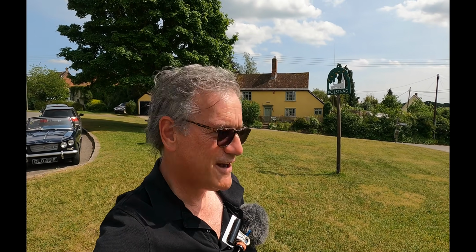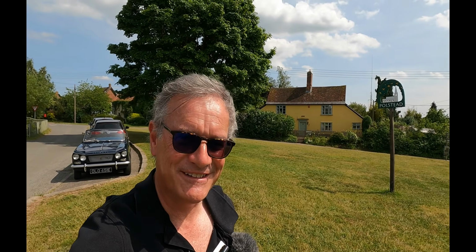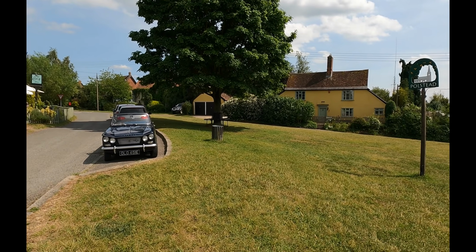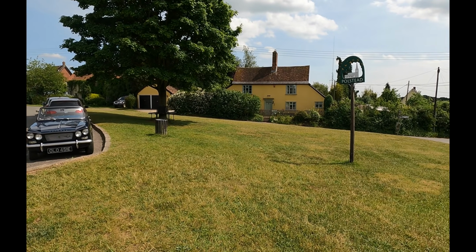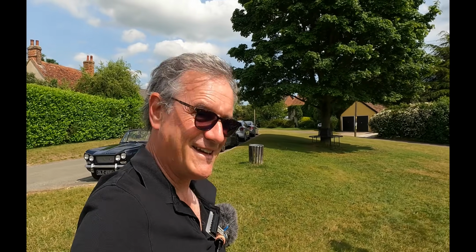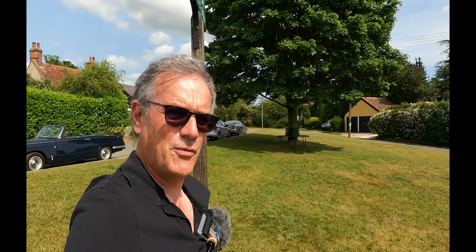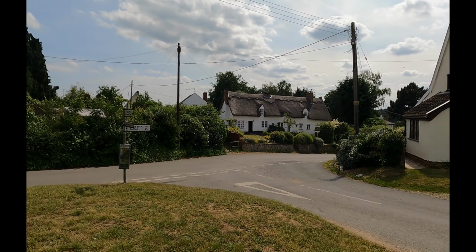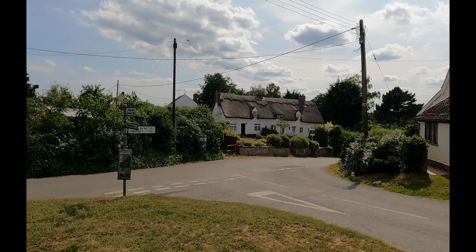Yeah, it's extraordinary. I'm trying to think how big this fair was. It's obviously much smaller than I must have remembered, but I guess there must have been room for the swing boats and the little roundabout here. And again, I was 11 years old, coming from the West Indies. This was so different. I had no cultural frame of reference, and to see things like thatched cottages for the first time, like the ones we're looking at here, and to have an understanding that